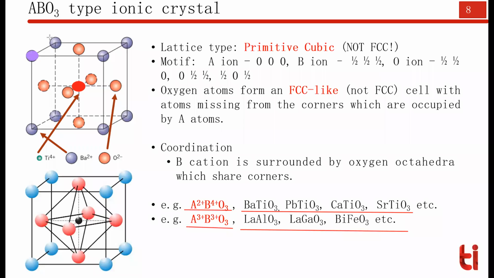So this is A side, this is also A side, this is A side, A side, A side, A side, A side, and of course you have one more, this. So your regular lattice site, which is the corner sites, is the A site, and the center of the unit cell, which is an octahedral void, is the B site. And your face centered atoms are the oxygen atoms.